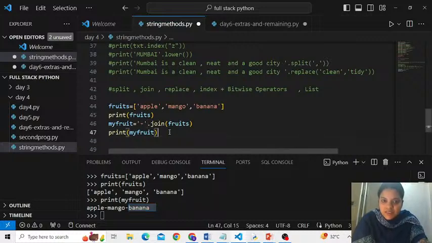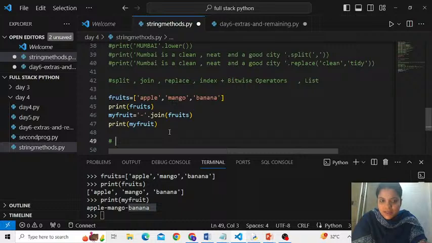So this is basically the syntax of join. The character which you want to join the elements by, a special character, then dot and the join method. Inside the join function we give an argument whose elements you want to join with this character. Who is the iterable? Who is that list, who is that set, or who is that dictionary whose elements you want to join by this character? So my list name was fruit, therefore I wrote fruit.